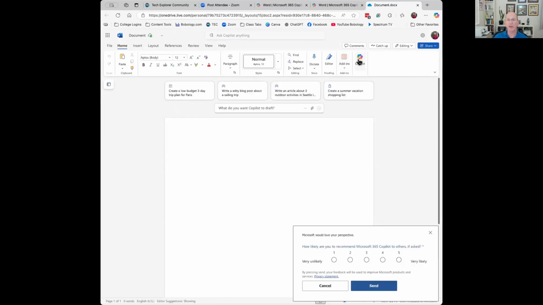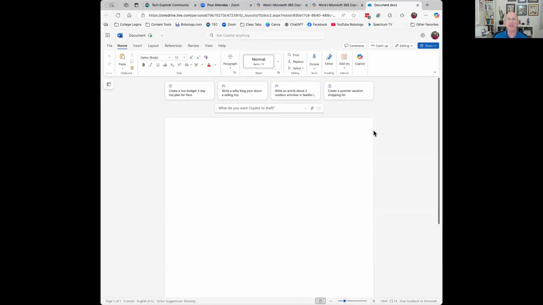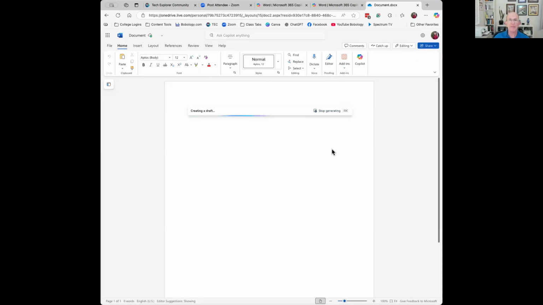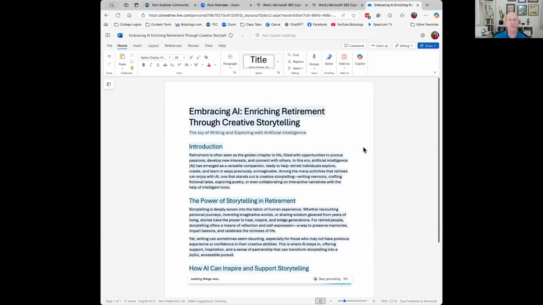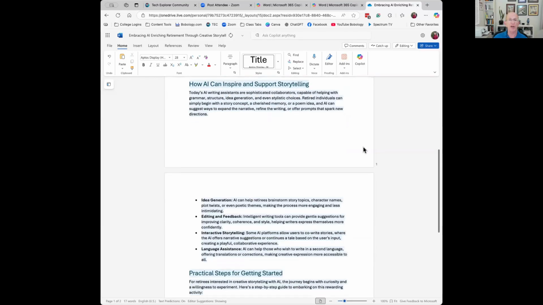Here's my Copilot menu. And I've got the ability to click on Copilot to get it in the sidebar, but I could say, what do you want Copilot to draft? I want it to write something about what is a good activity for tired people to do with AI. And I'm going to click on generate. And I just asked for an activity. It might be a little bit more. So it's going to give me a little prompt here. It kind of interpreted my prompt